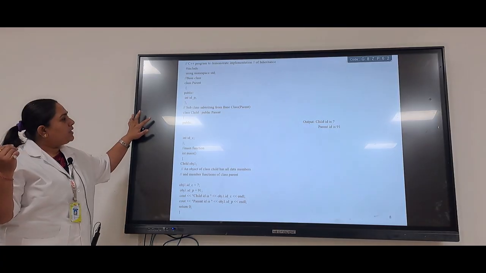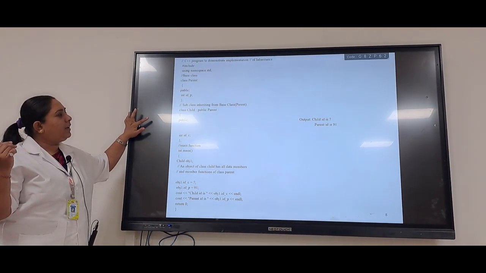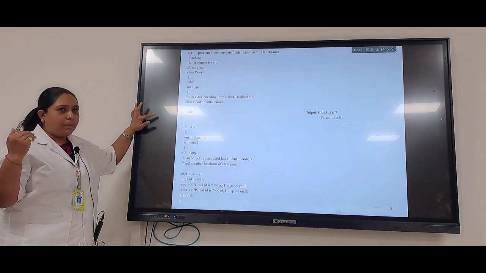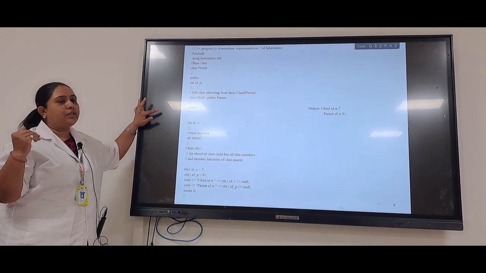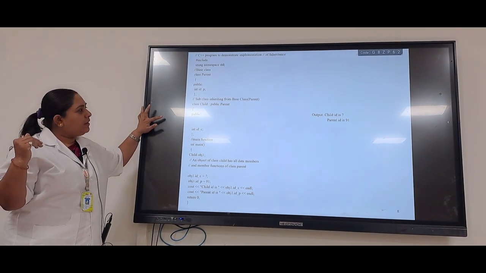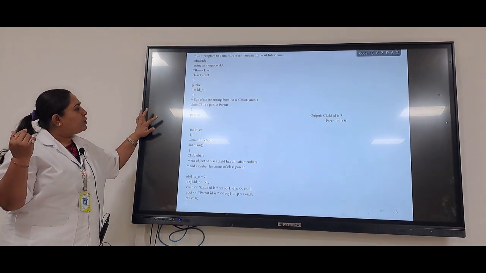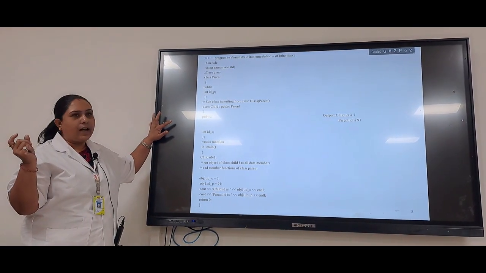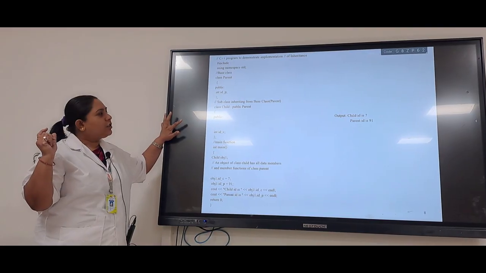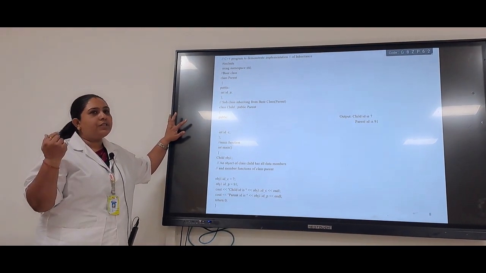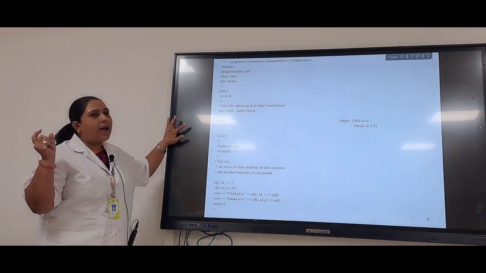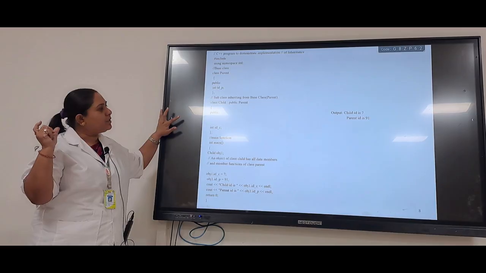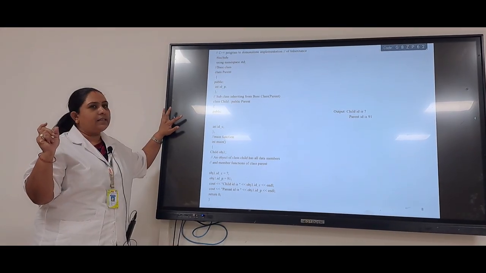Next you can see the subclass inheriting from the base class. Now I am going to define a child class which is derived from the parent class. Again the keyword class, and then the name of the class, child. Then we have given the access specifier, that is public, and then the name of the parent class, parent.